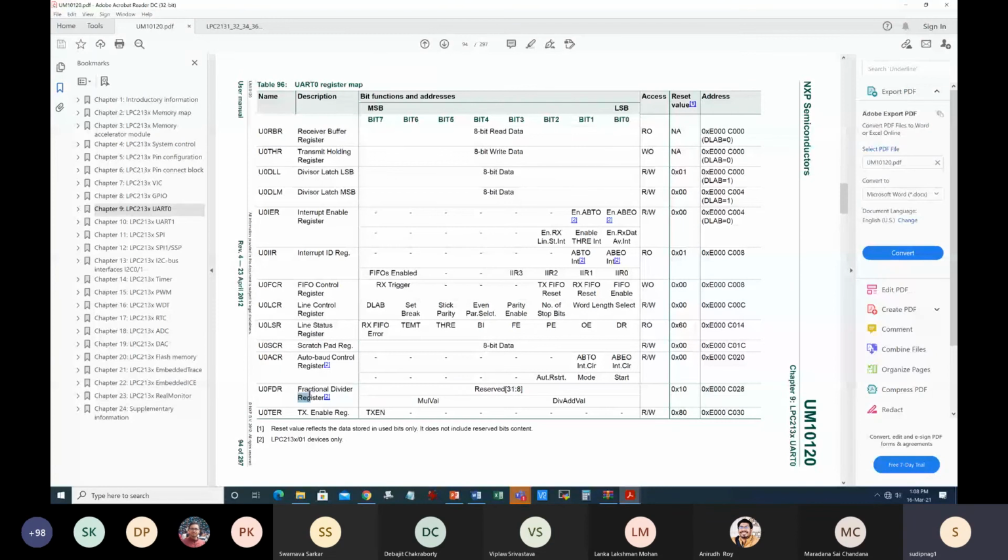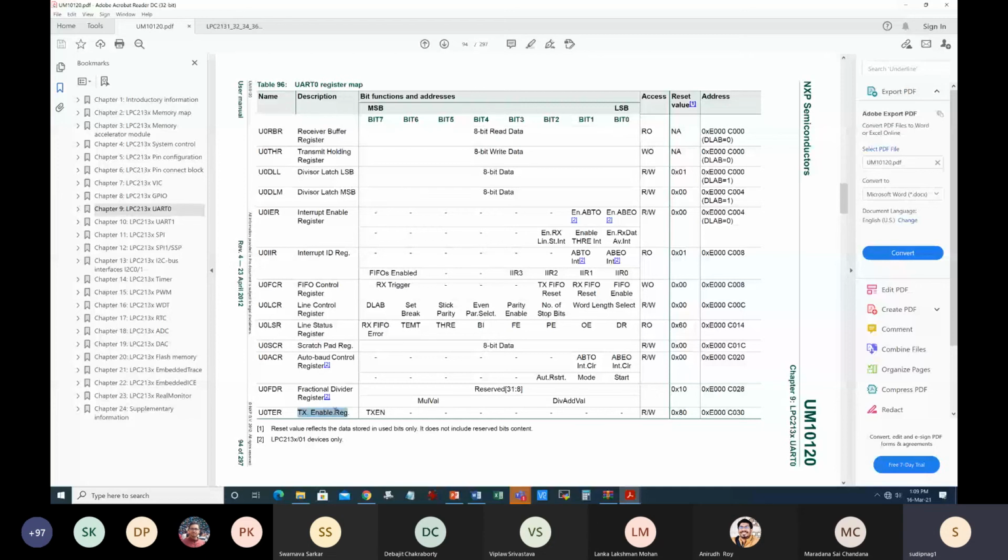Now UART is a digital signal. It also goes through certain sampling. Typically sampling happens at the middle of any bit duration. Let's say you start at the middle for the start bit; for the subsequent bits, it will have some offset. Either that offset will shift towards the left from the middle, the 50% point of the next bit, or it will go towards the right, depending on the accuracy. And to increase accuracy, to make it as close as possible to the 50% sampling instant, we use this FDR, the fractional divider register. It is there in many modern microcontrollers also.